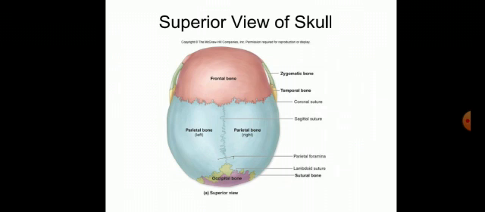So this is norma verticalis, a superior view of the skull. In this, anteriorly we see the frontal bone. Behind the frontal bone, shown in light blue color, that's the parietal bone. The right and the left parietal bone are separated by the sagittal suture. The frontal bone is separated from both the parietal bones by the coronal suture. Behind the parietal bone, what is shown in pink color, that is the occipital bone. It is separated from the parietal bone by means of the lambdoid suture.